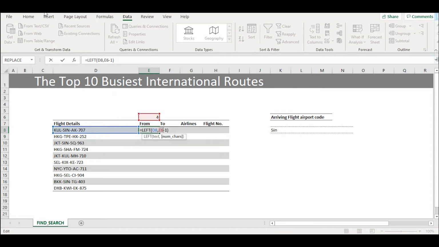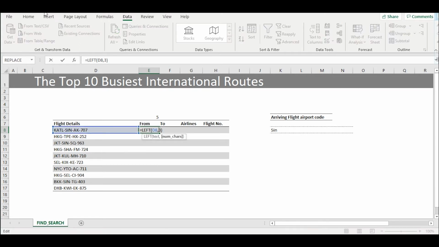Now, instead of doing E6 -1 and reaching the value of 3, why did we not write 3 directly in the first place in the LEFT formula? That's because we want to make the formula dynamic. If the airport code was a 4-letter word, say KATL, writing 3 in the LEFT function would have given us KAT, which would have been incorrect.